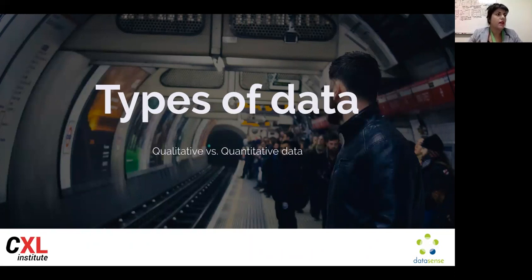So with data, you kind of have to have the same realism. You have to be practical about it, right? What kind of data can you have and can you obtain in your organization? So not having the perfect combination of data points should certainly not prevent you from getting any data at all, right? So just be realistic of what kind of data you can collect and obtain in your organization, or maybe what data your organization already has sitting around that you can use for the purpose of building personas, and start from there.